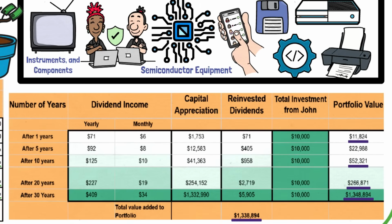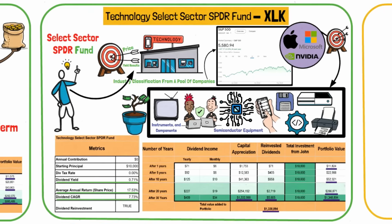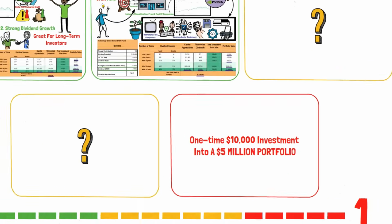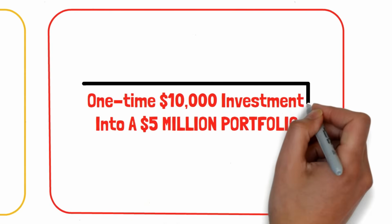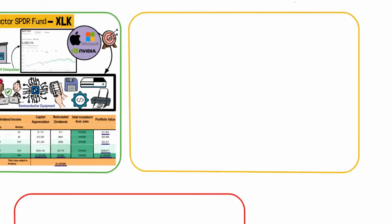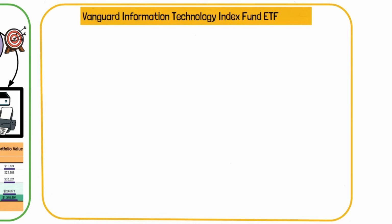In total, $1,338,894 will be added to the initial $10,000 investment, with $5,905 coming from dividend reinvestment and $1,332,990 from capital appreciation. Even though these are solid returns, there are even better options to come. In the end, I'll show you one of my favorite high-growth ETFs that can turn a one-time $10,000 investment into a $5 million portfolio. Next and third on the list is Vanguard Information Technology Index Fund ETF with the ticker